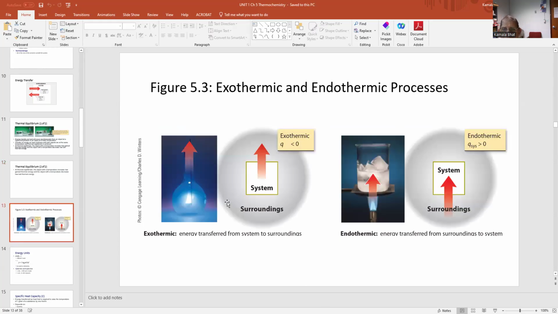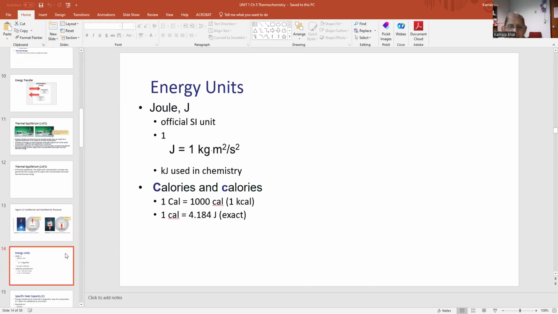And so here you have different types of energy systems: exothermic and endothermic. Exothermic means Q is less than 0 because heat is lost. Endothermic means it is gained. And the best example for you to understand exothermic and endothermic reactions, and also exothermic and endothermic systems, is